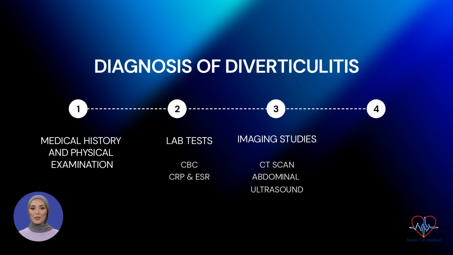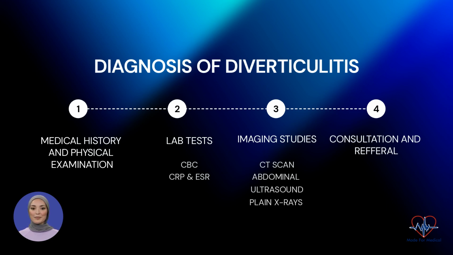While less commonly used, ultrasound may be employed if there are contraindications to CT or as an initial screening tool, particularly in younger patients or when assessing for complications such as abscesses or free fluid. Abdominal X-rays may be obtained to evaluate for other potential causes of abdominal pain and to rule out complications such as bowel obstruction or perforation. In complicated or severe cases, or when surgical intervention is necessary, consider involving a gastroenterologist or a general surgeon for